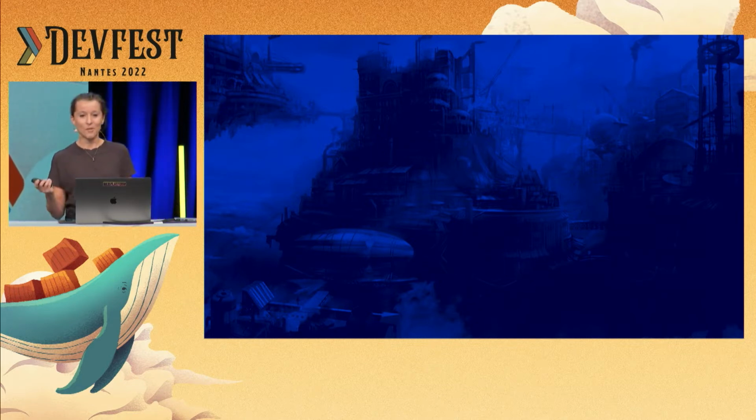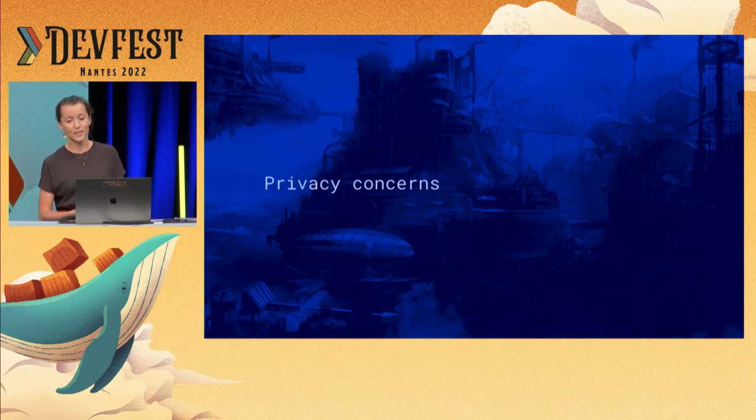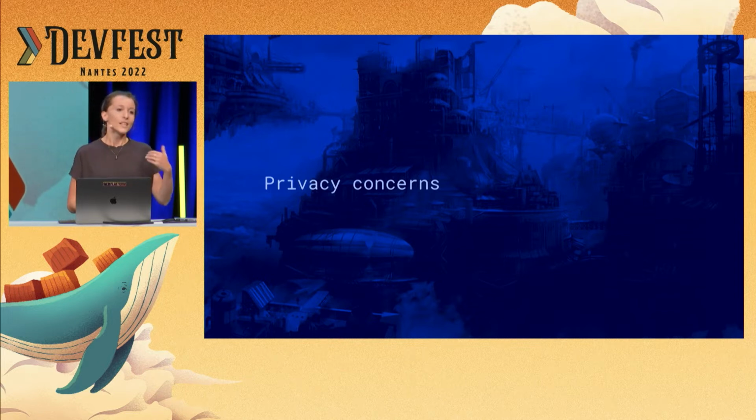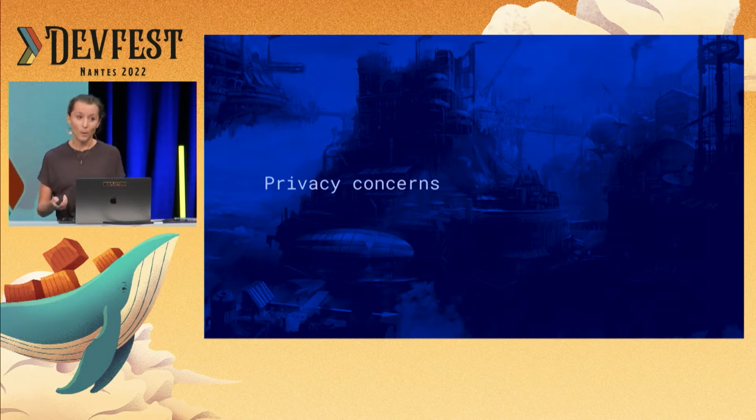We worry about social media addiction. We worry about privacy and surveillance, especially on the web, because it has become a key piece of infrastructure, especially during the pandemic and after that. So that's the first reason we, as web developers, should care about privacy on the web: because we have a responsibility towards our users.